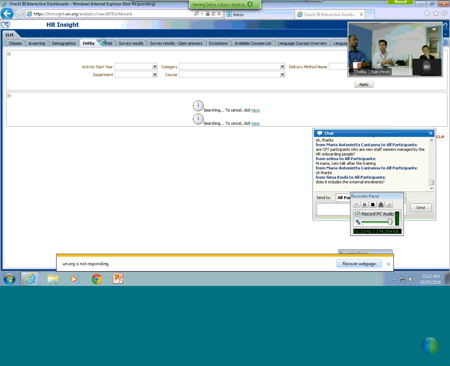I'm not going to go into more detail on the system, but this is just to give you a quick highlight that this tool is available. Learner coordinators will have access, and it's a good tool for reporting purposes, especially when you have all your courses on the platform. So that is key, right?